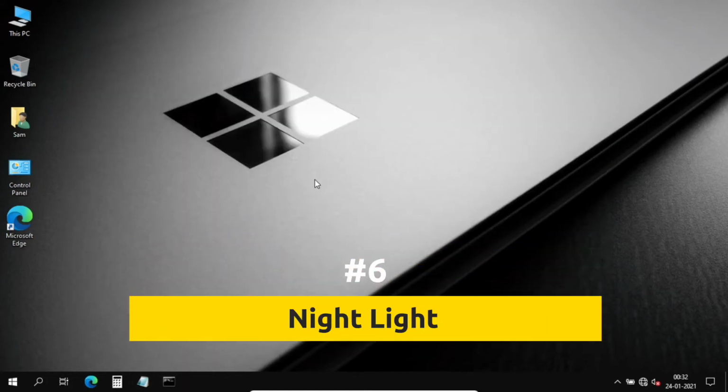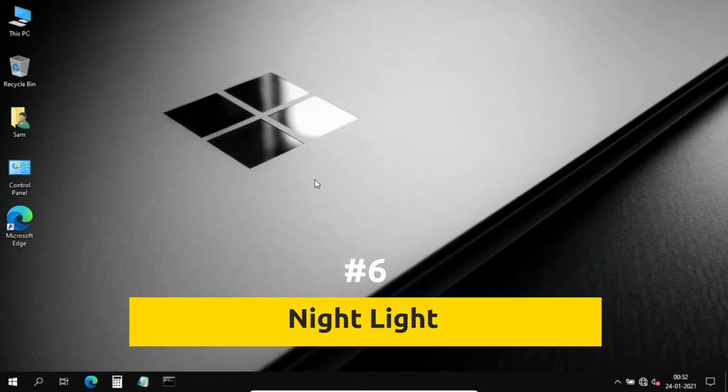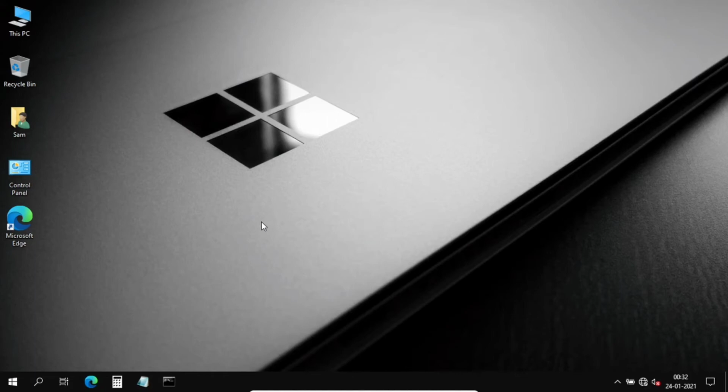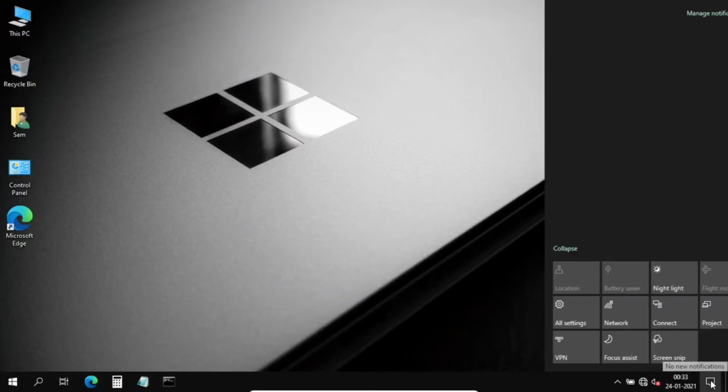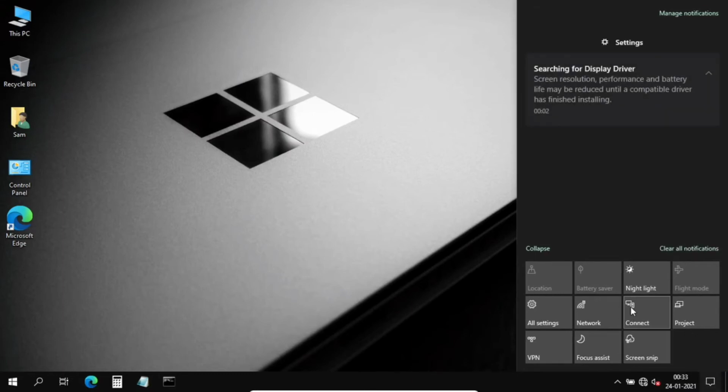Next up is night light setting. As you know, computer screens can emit blue light radiation that harms our eyes and also affects our sleep cycle. So to make it much warmer and more soothing to the eye, which can improve our sleep cycle also, we can turn on the night light settings from the action center here,